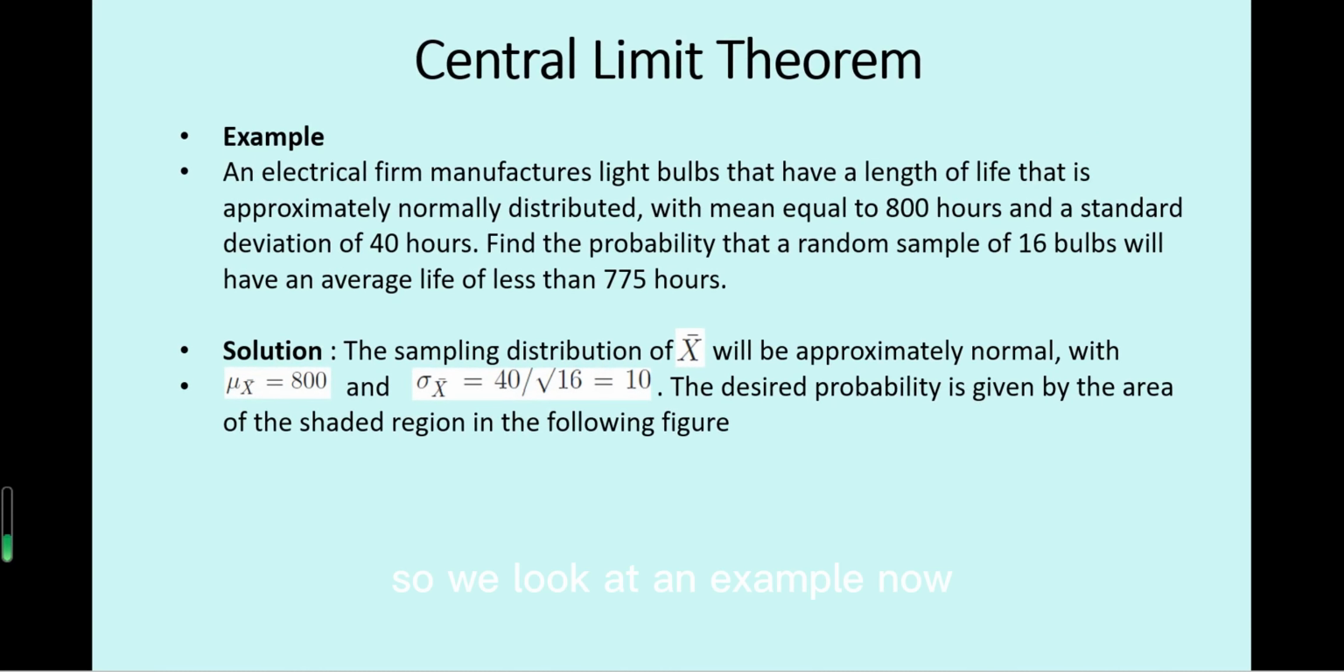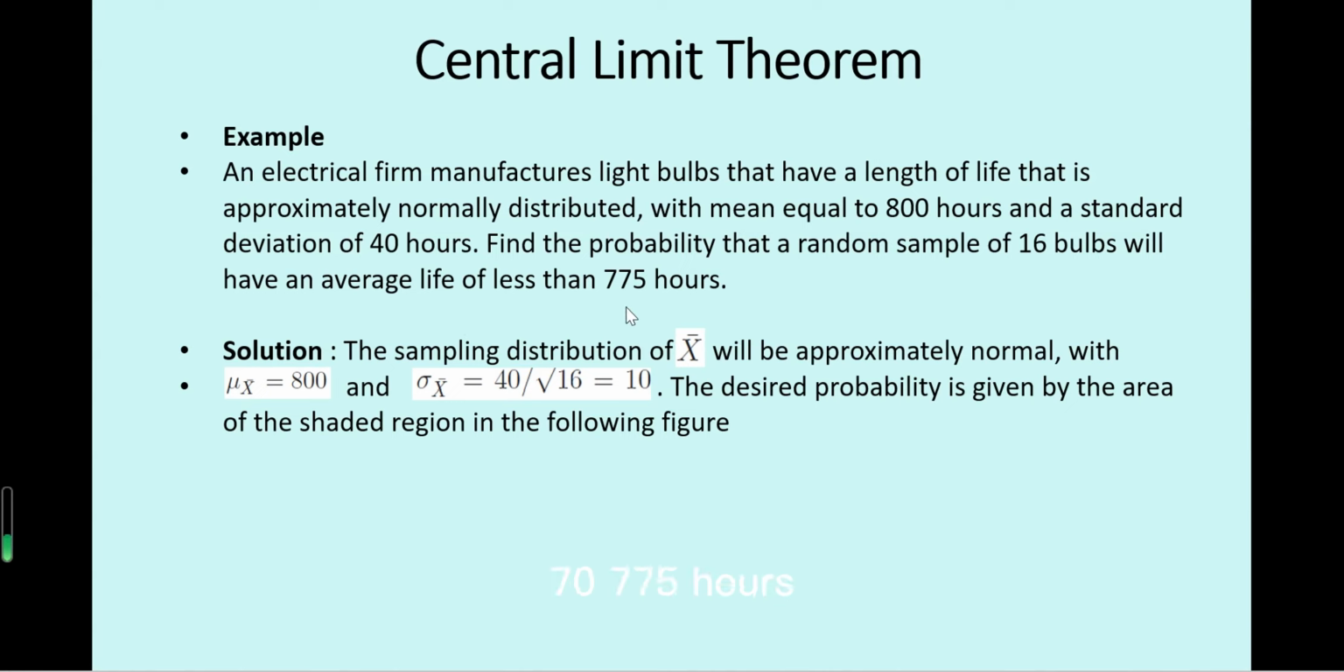So we look at an example now using the central limit theorem. An electrical firm manufactures light bulbs that have a length of life that is approximately normally distributed. Here the population is normally distributed with mean equal to 800 hours and a standard deviation of 40 hours. So both the mean and standard deviation of the population are known. The question is to find the probability that a random sample of 16 bulbs will have an average life of less than